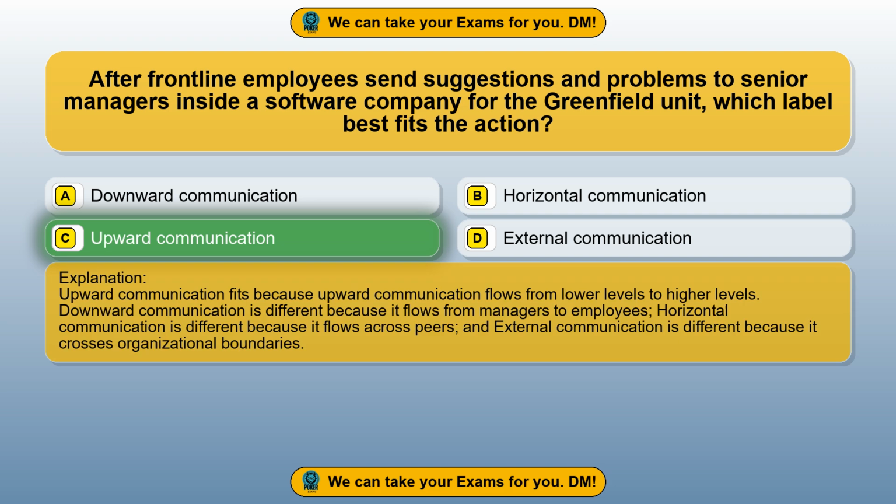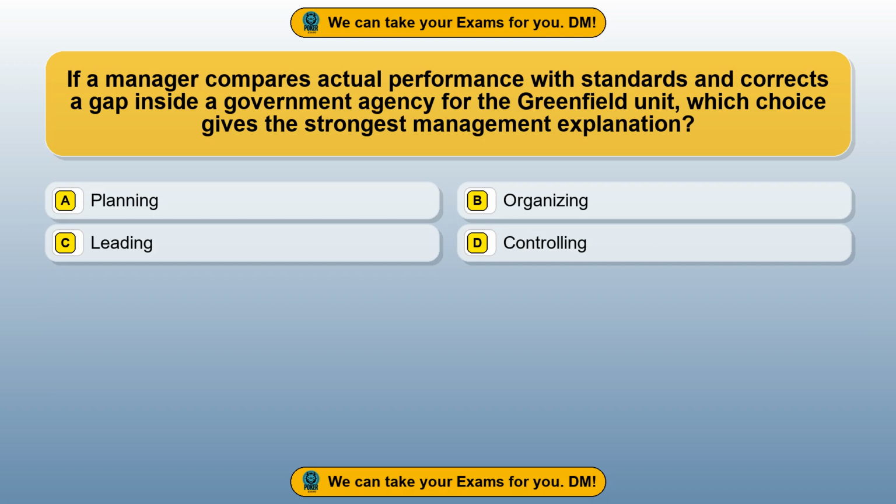Upward communication fits because upward communication flows from lower levels to higher levels. Downward communication is different because it flows from managers to employees. Horizontal communication is different because it flows across peers, and external communication is different because it crosses organizational boundaries. Question 57. If a manager compares actual performance with standards and corrects a gap inside a government agency for the